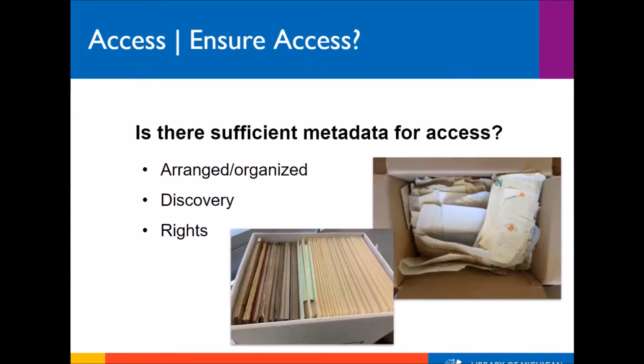Finally, is there sufficient metadata to ensure access and discovery? A collection should be arranged and described, at least at some level, to help you make decisions about content, rights, and enable discoverability. In June's class, we'll look closer at metadata, but ideally you would already have enough information about a collection to know its scope and content, its extent or the number of items, and to track its current